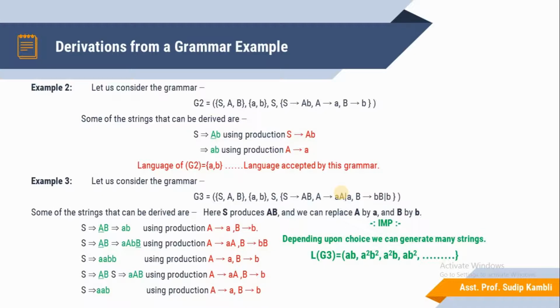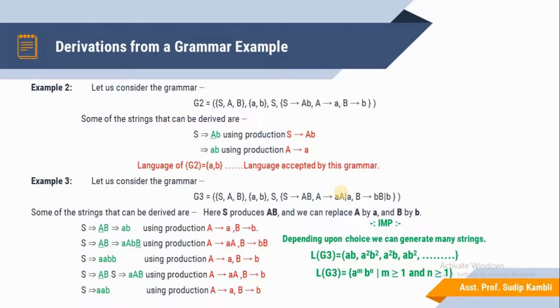So the set of accepted strings is ab, comma, bb means what? A square B square. Otherwise aab means what? A square B. Otherwise B will be the repetition part. Otherwise A used 3 times means A cube B cube. L of G3, the language of G3, is equal to A raised to M. What does A raised to M mean? It means A is attached with A, so it is incremented by A each time, by 1.